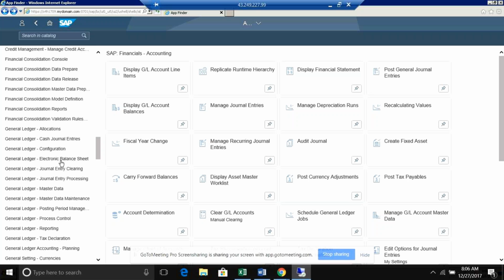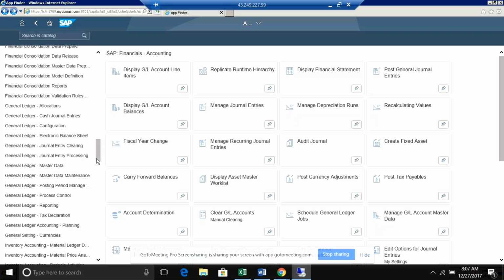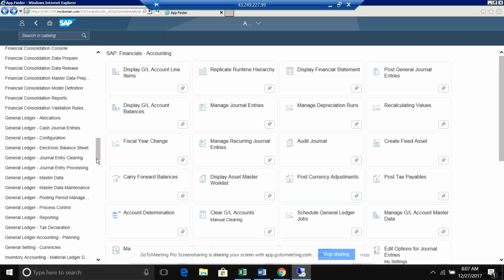Anyway, this will not work, but general ledger electronic bank statement, general ledger and clearing, general ledger processing, master data maintenance, and posting period management and process controls, reporting, tax declaration, all these things, sales account planning and all those things you can also see here, up to here. Just go through it. I will also show you some of the apps here once again. Let's remove the filters and see this tomorrow once again.